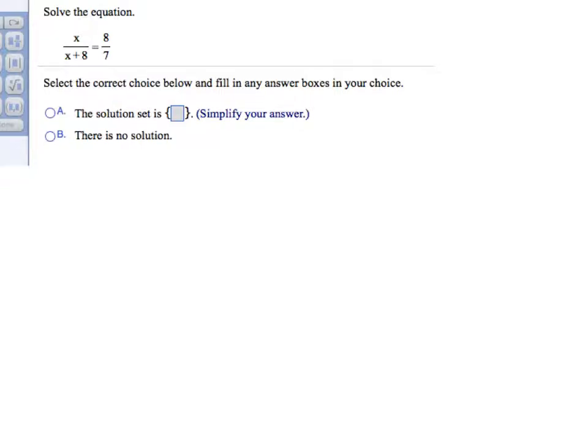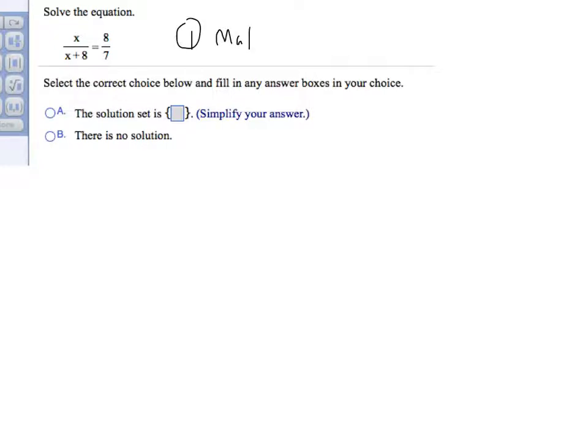Here's an extreme example of a problem with fractions where we literally have an equation where we have one fraction equal to another fraction. In this case, we can use what's called cross-multiplying. Let me just remind you that if you don't want to think of this as something different and special, you could do this by first